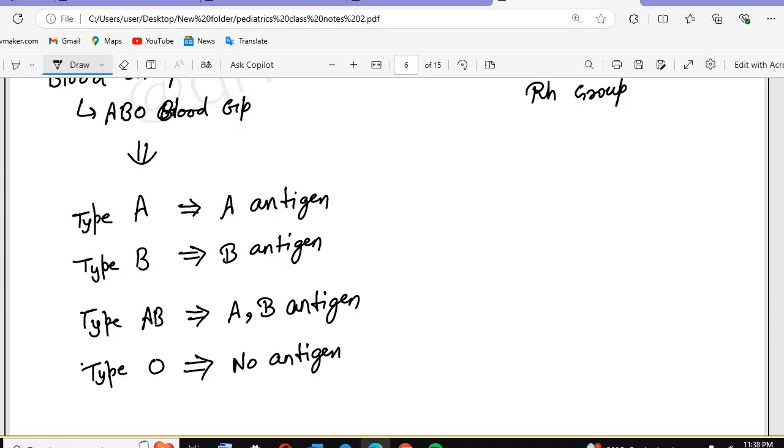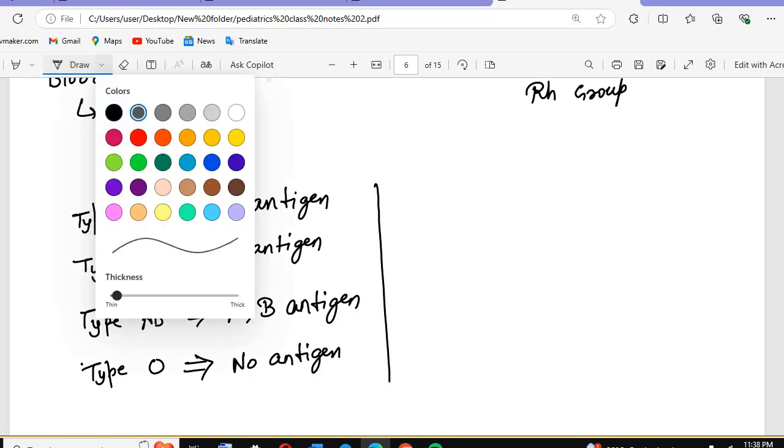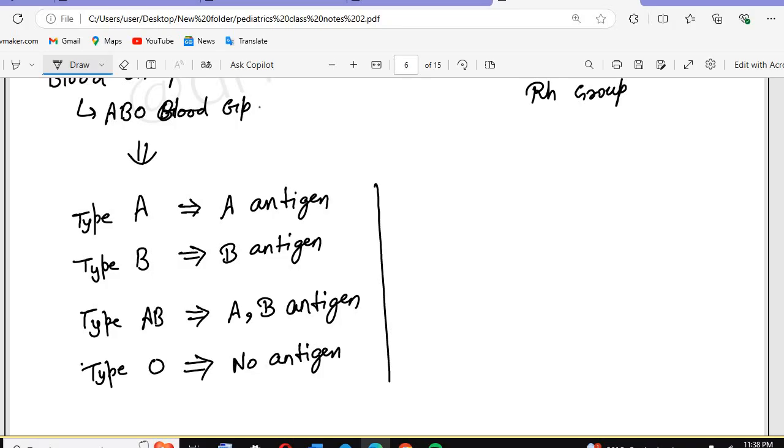So the types are type A, type B, type AB, or type O. So A antigen, B antigen, AB antigen, and O means no antigen; they don't have any antigen on their surface. Type AB blood group means they have both antigens, A antigen and B antigen. The same goes for the antibodies. If we talk about the antibodies, look,